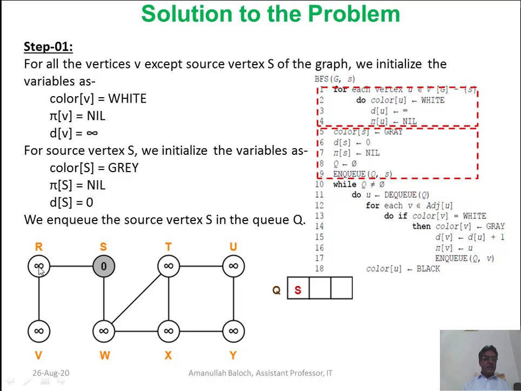The distance is infinity, that is, all the nodes have infinity distance, meaning undiscovered, and their color is white. Only the source node S is gray, because we make the color of S gray at line number 5, and its distance is 0, and the source node has no parent.